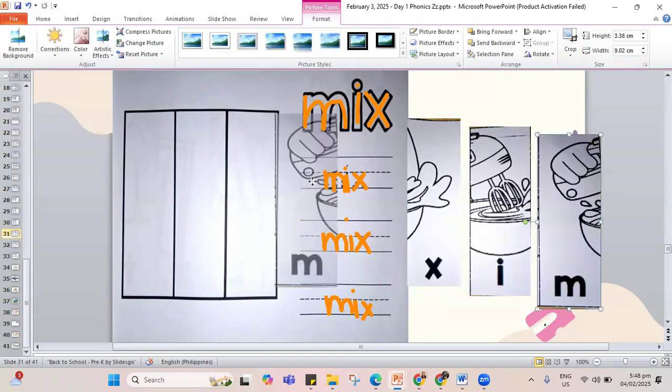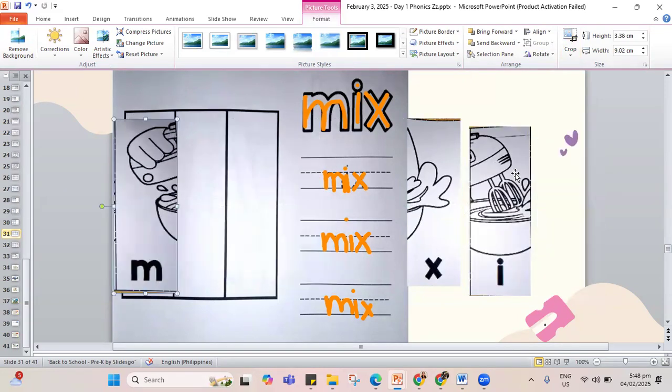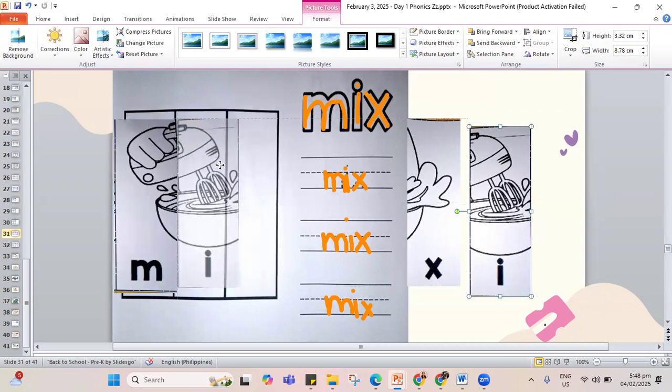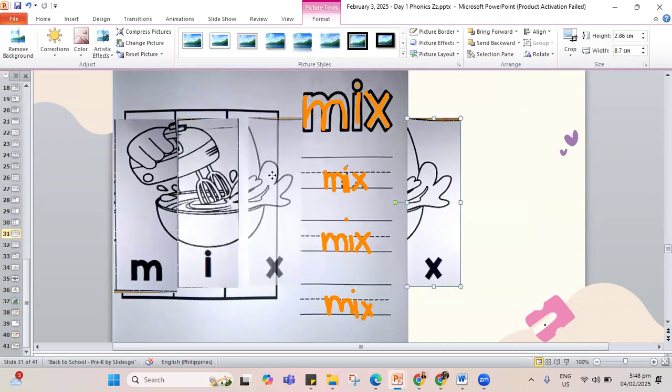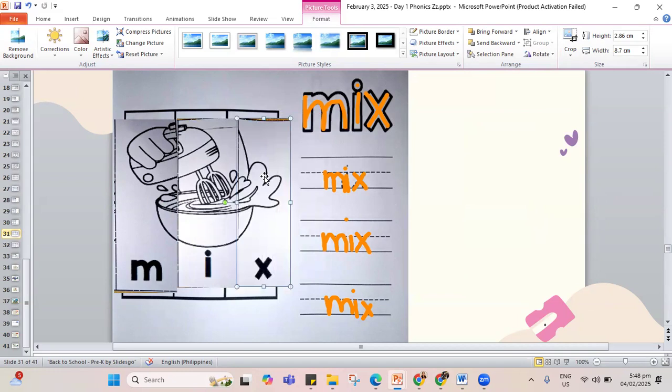So our first letter, we have M. In the middle, there's I. And the last one, letter X, for the word mix. Let's erase this one. Done with the word mix.